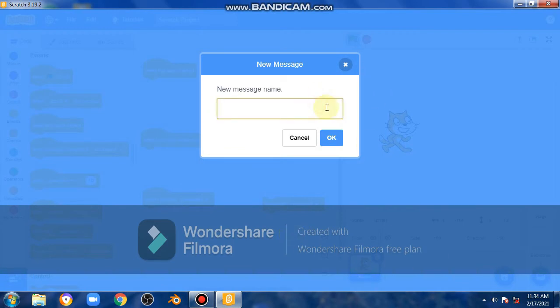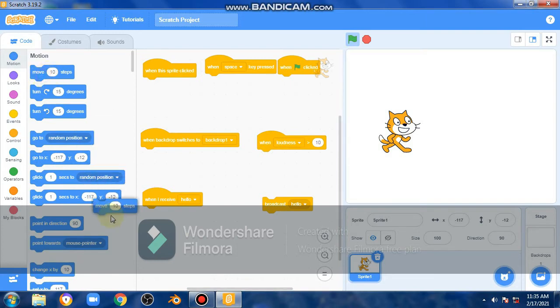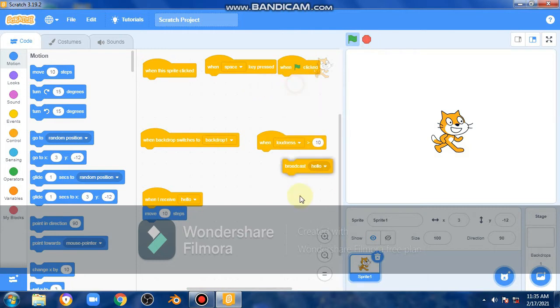Okay, we have the broadcast message hello. When I receive hello, then it will do something. Let's see, move 10 steps. When green flag clicked, when I receive hello, it moves. You see, it will move. I have not put this move 10 steps on the green flag, but I have put it on this when I receive.